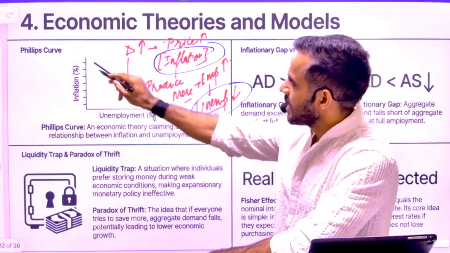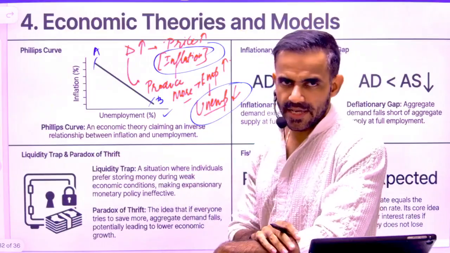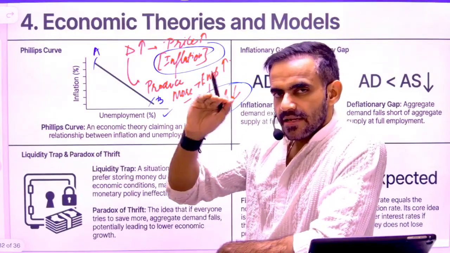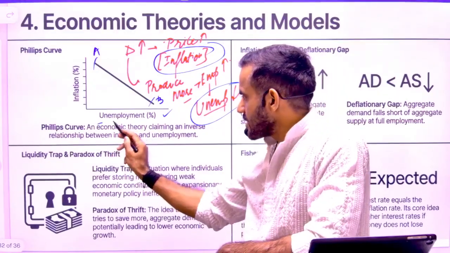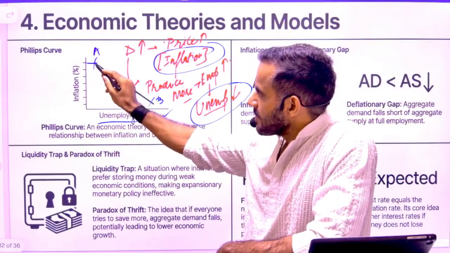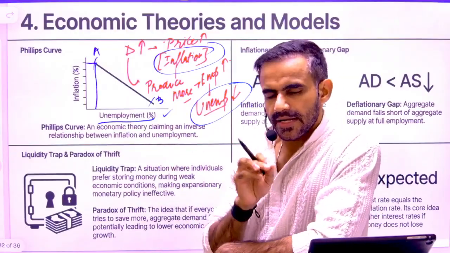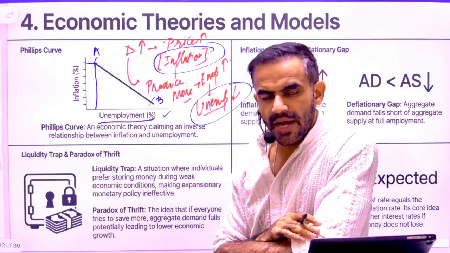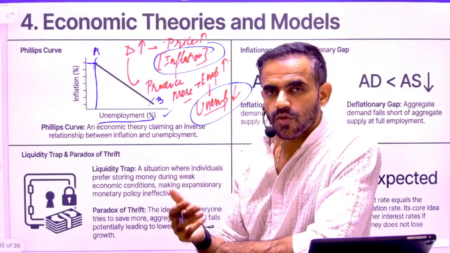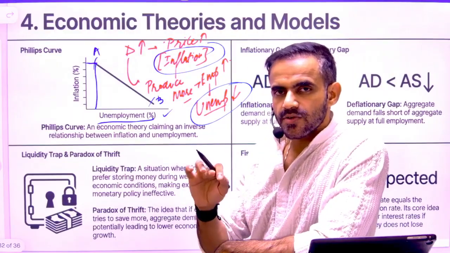Just have a look at these 2 points. This is point A, this is point B. At point A, what is happening? At point A, the inflation level is high. That means in this direction, the unemployment is increasing. So at point A, the inflation level is high, but unemployment level is low. Why is it low? Because when inflation level is high, technically it reflects decent demand. To fulfill that demand, factories will have to produce more. To produce more, they need more workers. If they need more workers, they will hire more workers. That will reduce the unemployment.